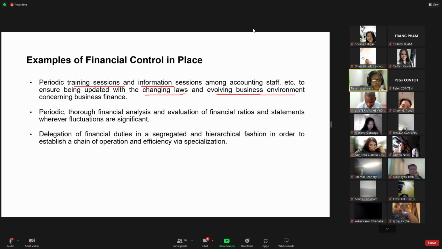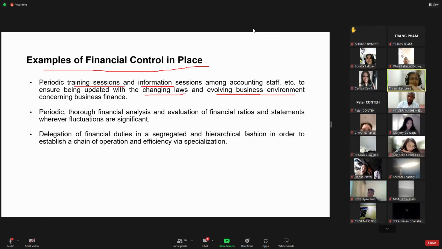Up to what we discussed, can anyone answer this? What do you understand? Give me an example based on financial control in an organization. What steps can you take? Any volunteers? Why is it important to give training to staff on these matters? I've made the question easier.